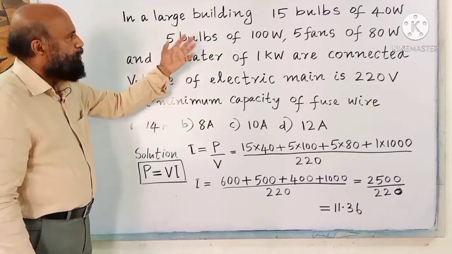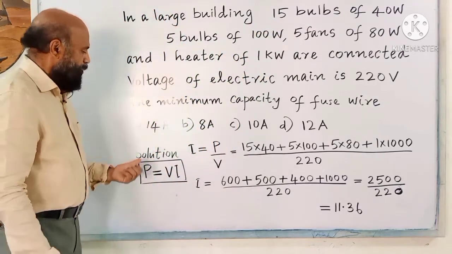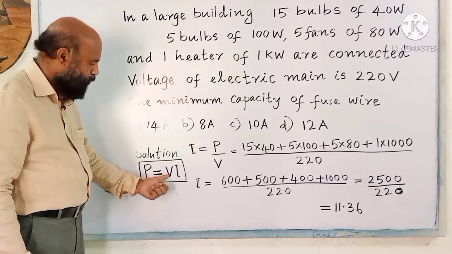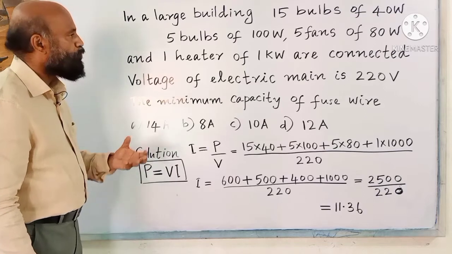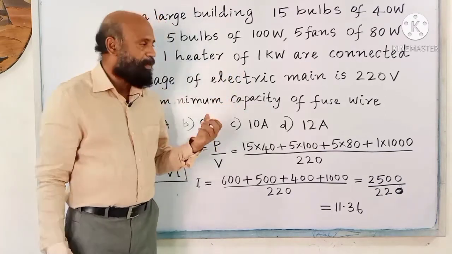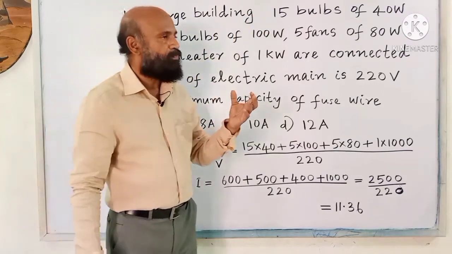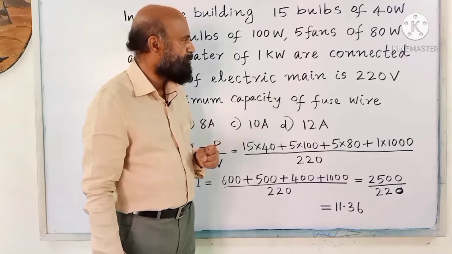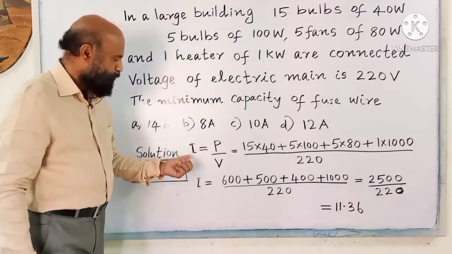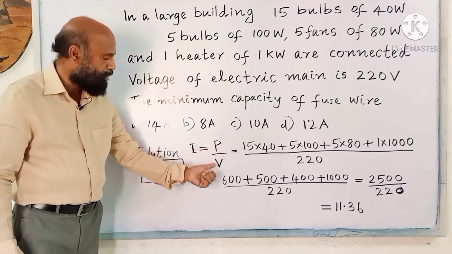In a building, devices are connected in parallel. So here power is given by this relation: power is voltage multiplied by current. So you should know the total current, the main current. If you try to find the effective resistance and then calculate the current, it is going to be difficult. But it is enough if you know the current. So from this expression, we can write current is equal to power divided by voltage.